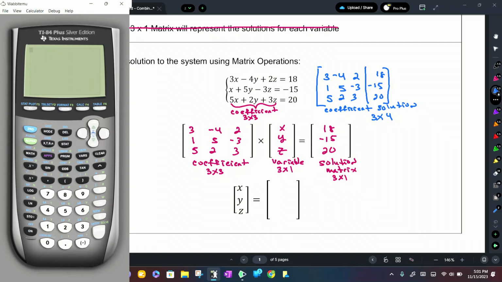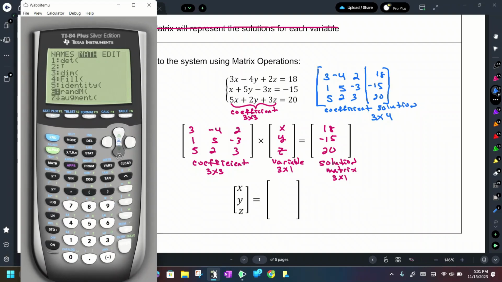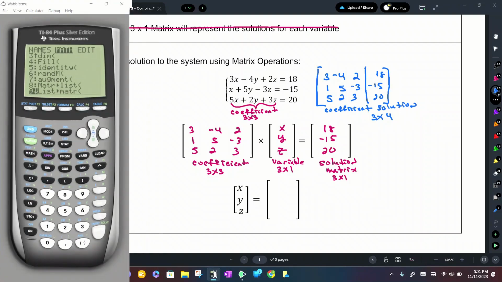And now here's where you're going to have to start writing some things down. Our directions are going to be different than they were on that sheet. You can write them here, or you can go down and write them on that sheet, it doesn't matter. We need to get back into our matrix operations, so I'm going to go second matrix, and I want to go over to math. And so we're going to scroll down and scroll down and scroll down. That's kind of weird. And we're looking for